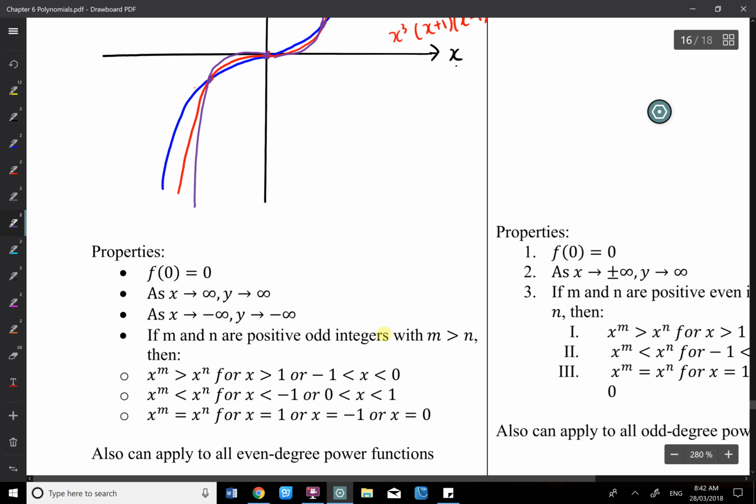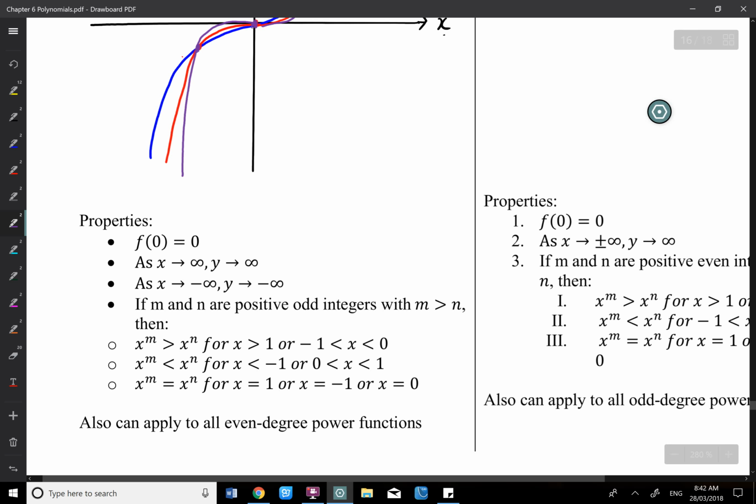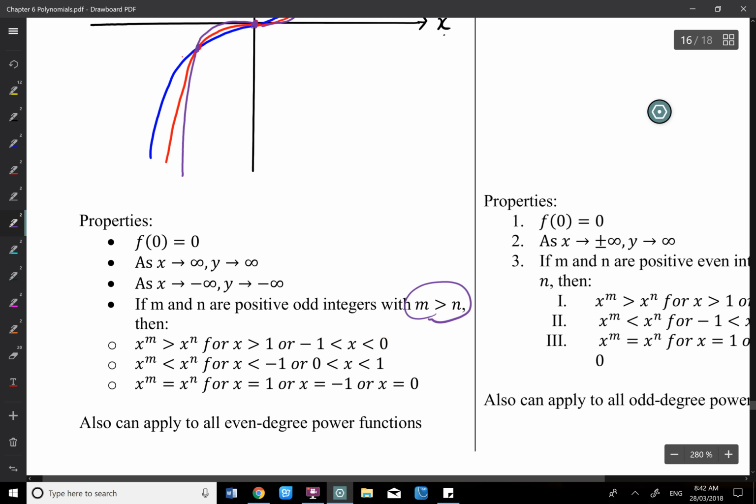Okay, properties. Well, f(0) equals 0. As x approaches infinity, y approaches infinity. As x approaches negative infinity, y approaches negative infinity. For positive odd numbers, when the power is larger, so x to the power of m, x to the power of n, when the power is larger,